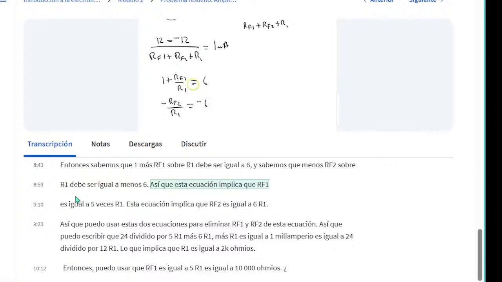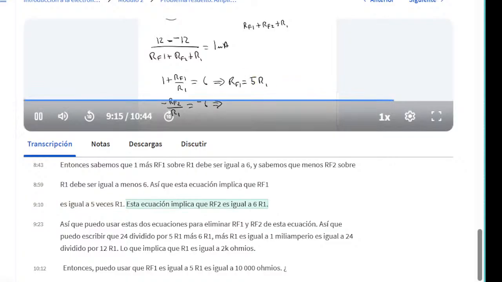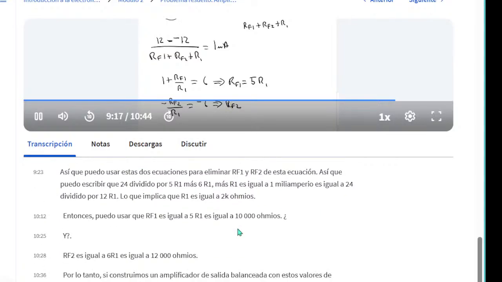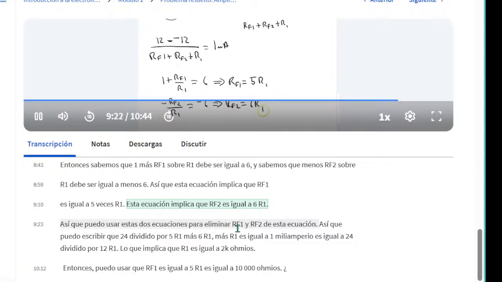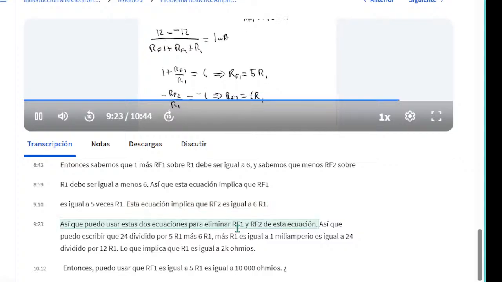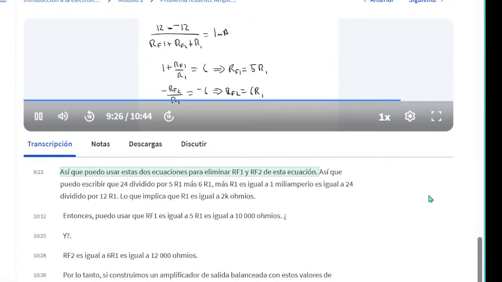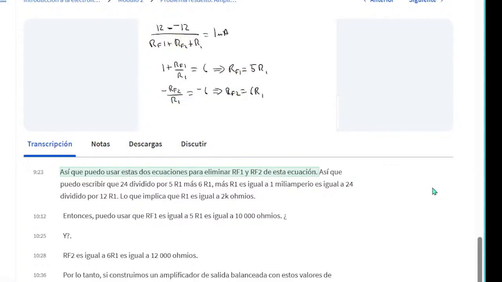So this equation implies that RF1 is equal to 5 times R1. This equation implies that RF2 is equal to 6 R1. So I can use these two equations to eliminate RF1 and RF2 from this equation. So I can write that